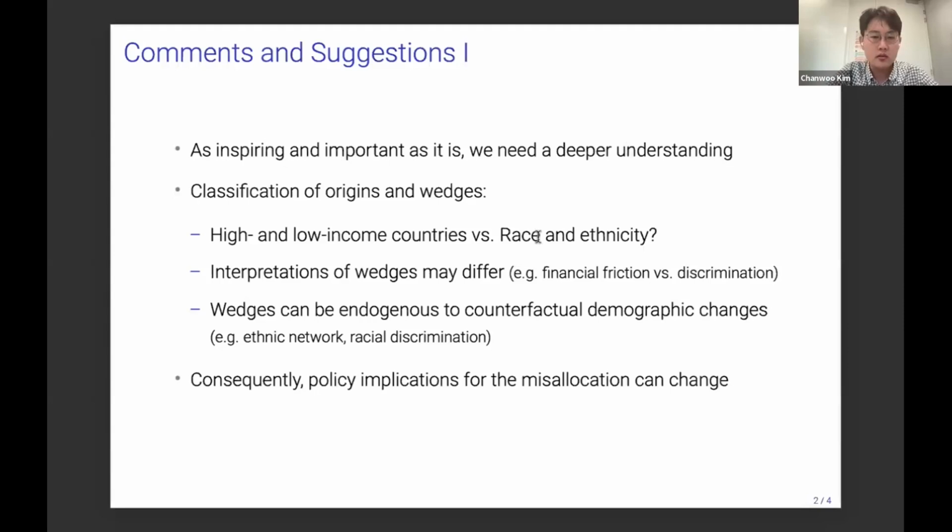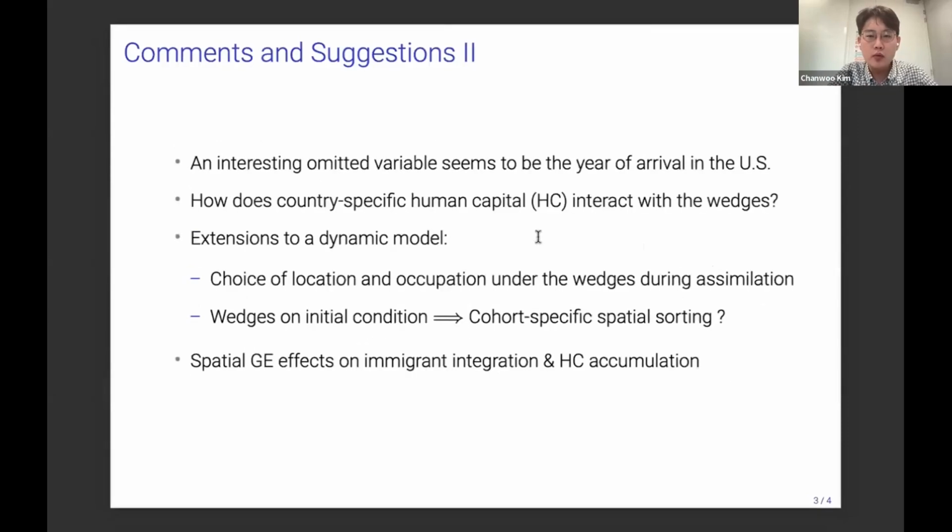So I think it's something that you can dig a bit deeper. My second point is a bit more challenging, and I have no idea if it would be feasible. One interesting omitted variable in your setting model is the year of arrival in the US. And I think there's one important question that you can ask: how does country-specific human capital interact with these